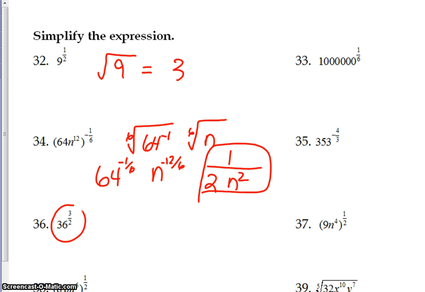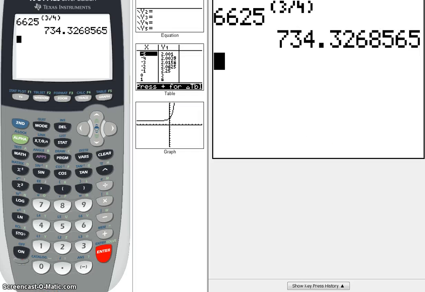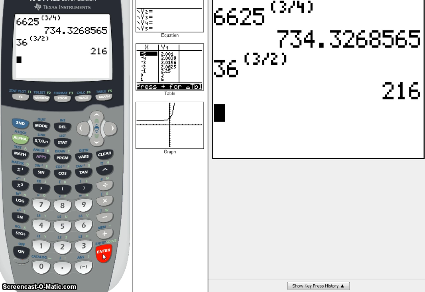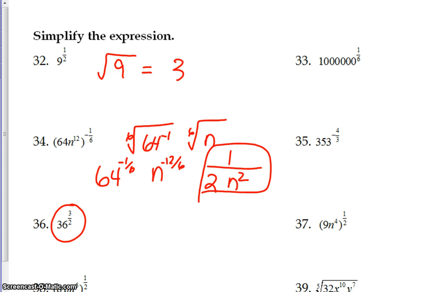This one I would do on a calculator. I would just plug into my calculator 36 to the 3 halves. So if I did that, 36 to the power of 3 divided by 2, we do get for an answer 216. So you can kind of see, sometimes you do have a really quick answer. Well, hopefully we can come in class